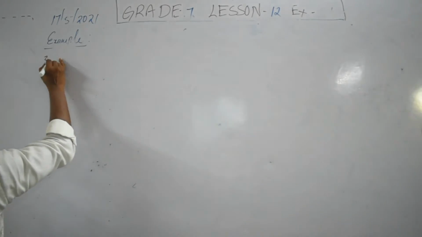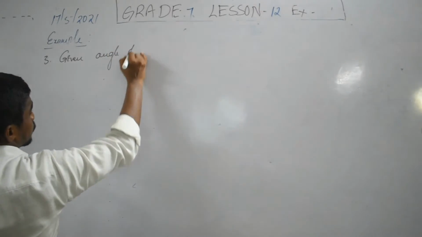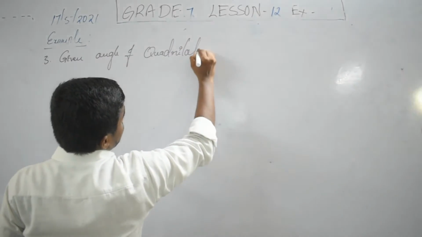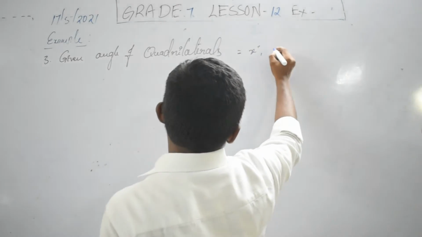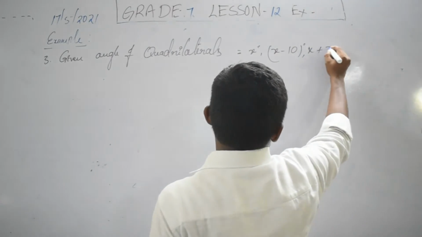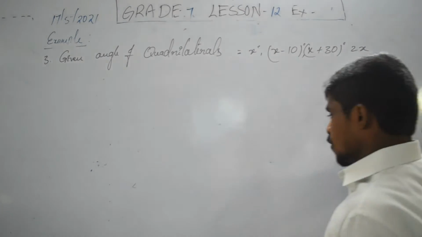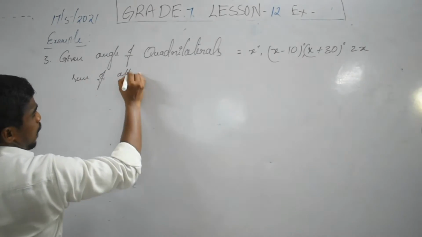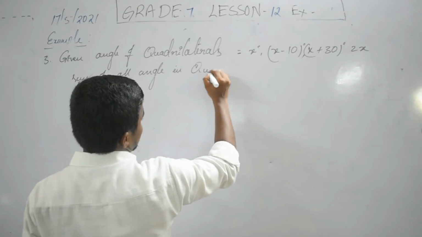Given example 3: the angles of the quadrilateral are x minus 10, x plus 30, 2x. So these are the four angles. So the sum of all the angles in a quadrilateral